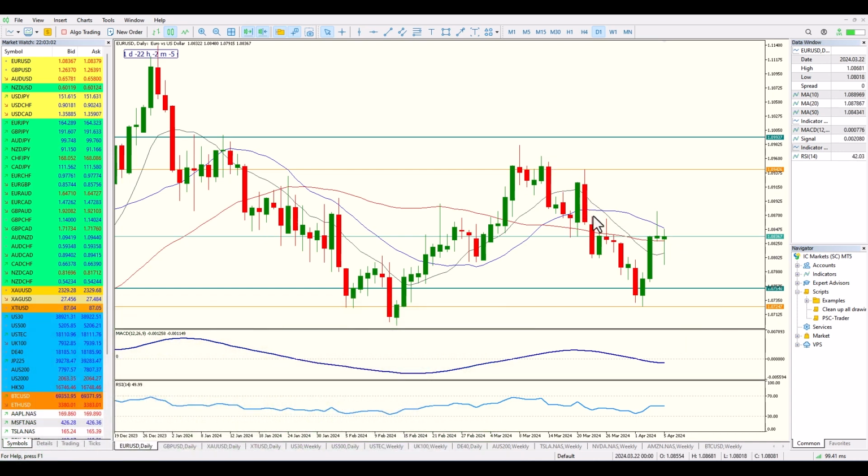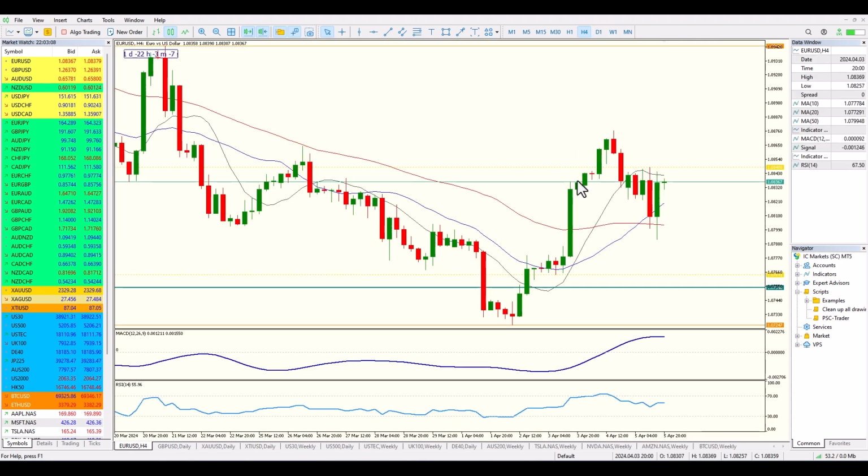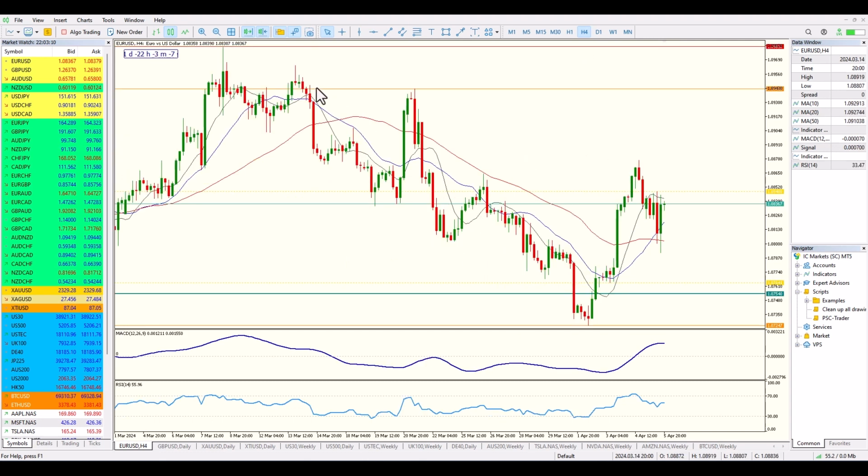Having a look here at Euro Dollar Daily, we can see that actually it is in a downtrend, but I want to switch over to the 4-hour time frame. One of the things that I've noticed here is that we have started to break. Especially from non-farm payroll last week, we've moved above the 50-period moving average. We've come down now and produced a bullish candle, potentially testing that for support, and we have the 50, the 20, and the 10 in a bullish formation.